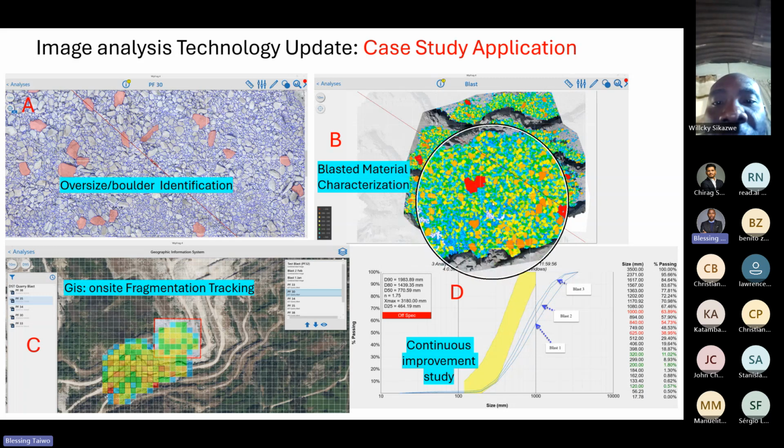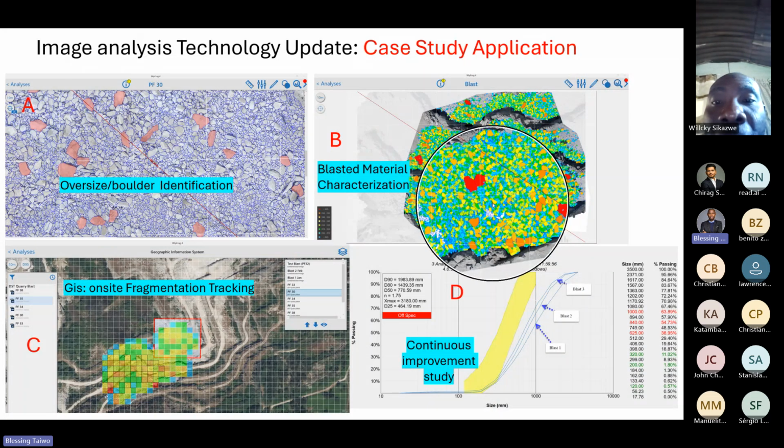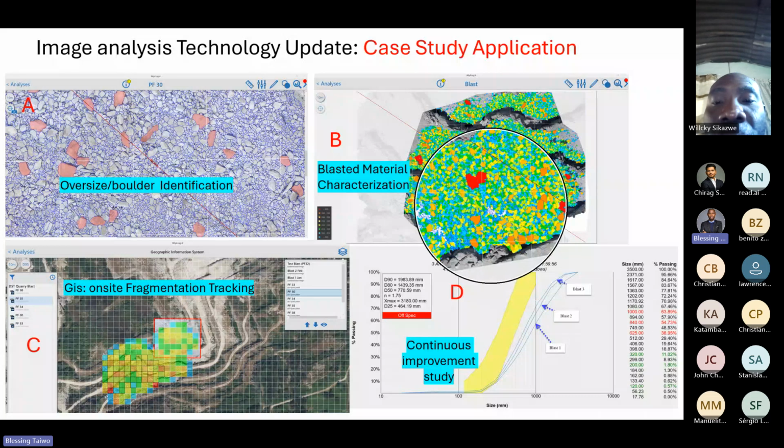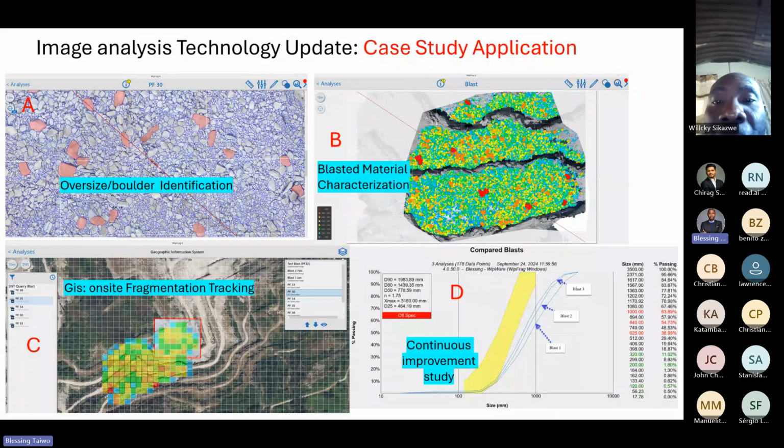Then the next thing is, if I need to change my burden or spacing, could it be that there is an issue with the drill, or maybe there is deviation, or maybe there are discontinuity properties in this section of the blast? So what you can see from the results gives you the evidence to make changes, and confirmation of maybe the doubts you've been having that the center of this mine might have rock of different property that is affecting the performance of the blast.